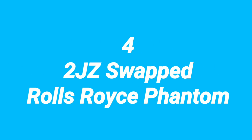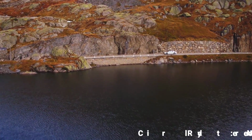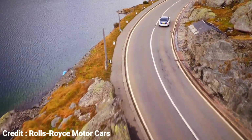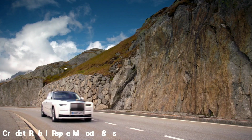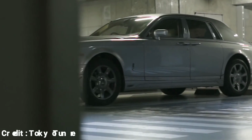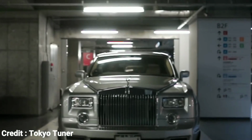Number 4. 2JZ swapped Rolls-Royce. The name Rolls-Royce is synonymous with luxury. Many have tried to match the class and opulence of this Goodwood auto manufacturer. But unfortunately, no one has come close to matching the Rolls-Royce's world-class reputation as the most luxury-oriented car maker out there. That's the same reason why Mr. Yajima's son bought his Phantom and drove the heck out of it, putting on 190,000 kilometers or 120,000 miles